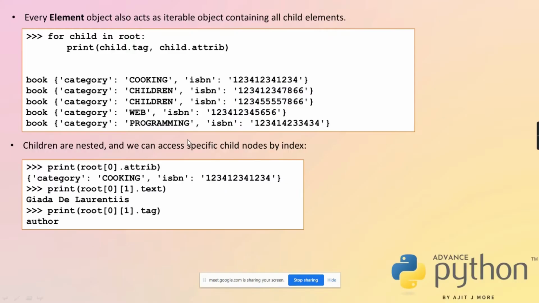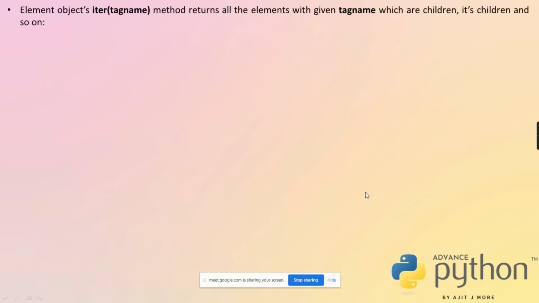Or if I write root of 0 of 1 dot text, it gives the root's 0th child's first child's text content. Likewise the tag name. This way you can access. This demonstration also I am sure I told you yesterday.